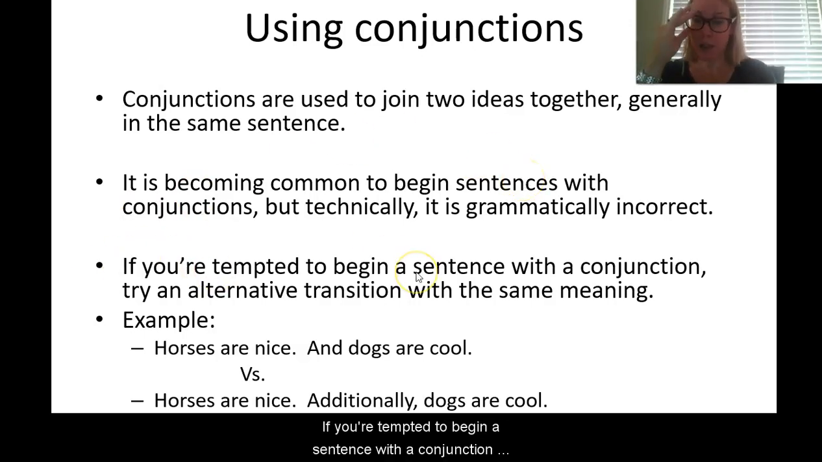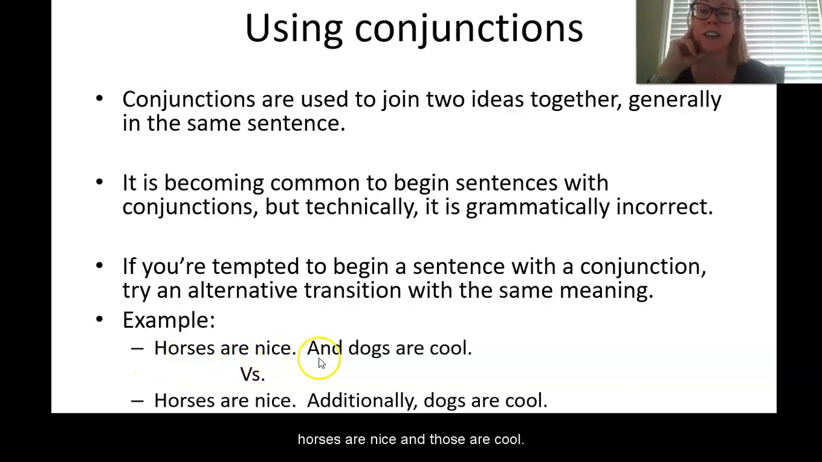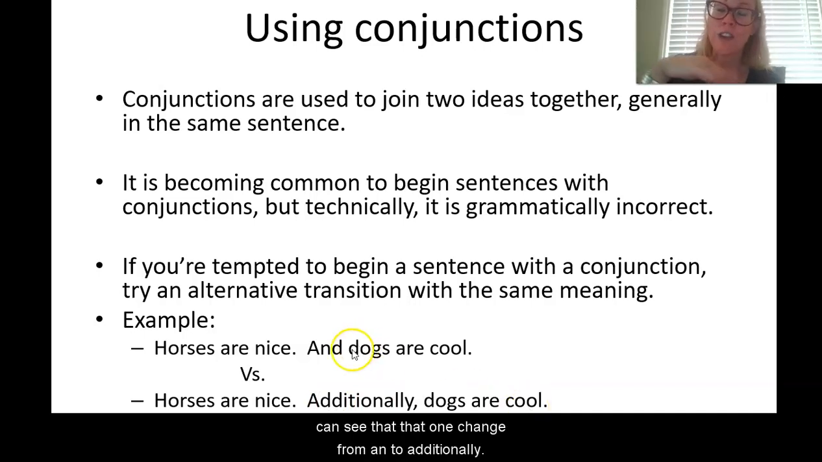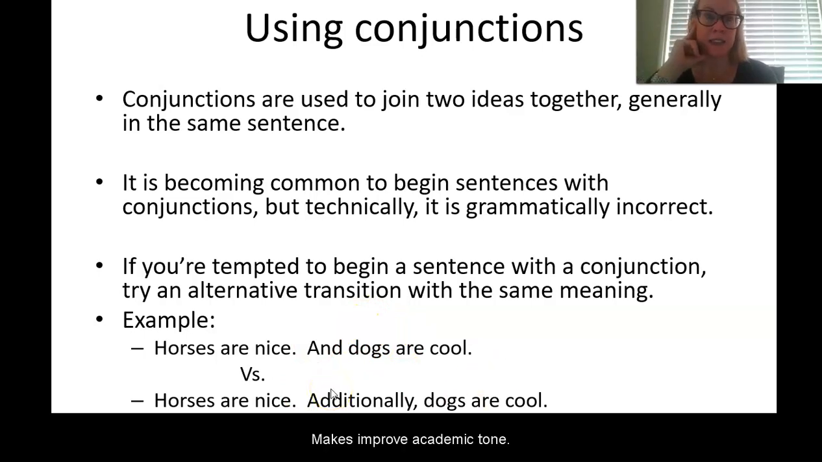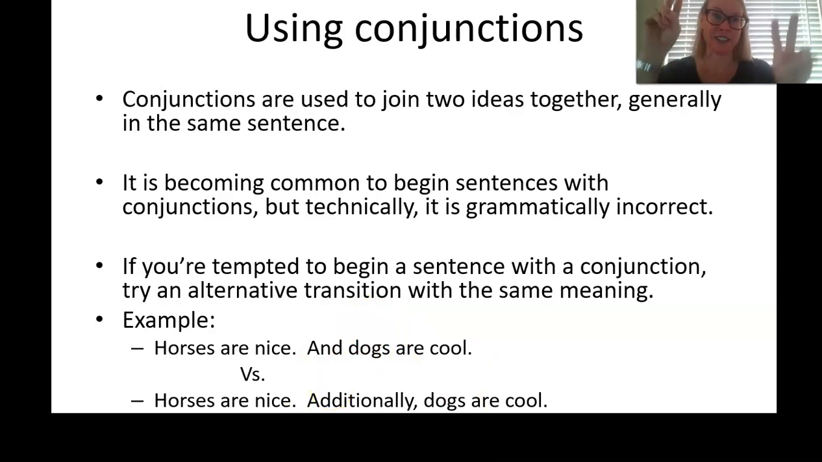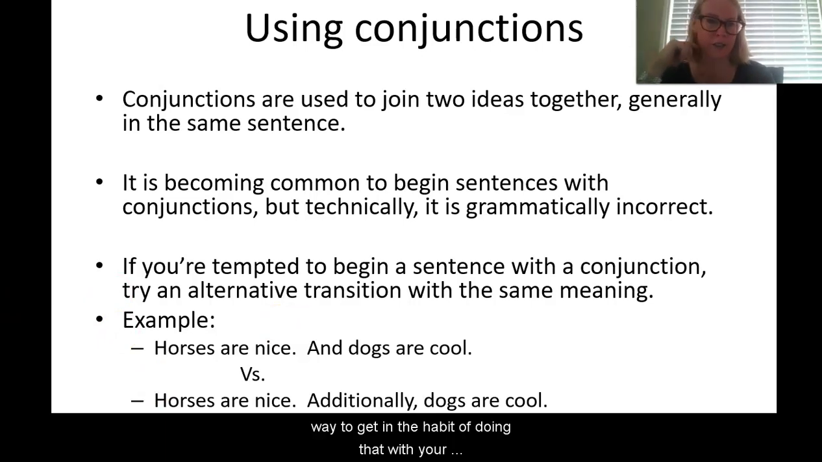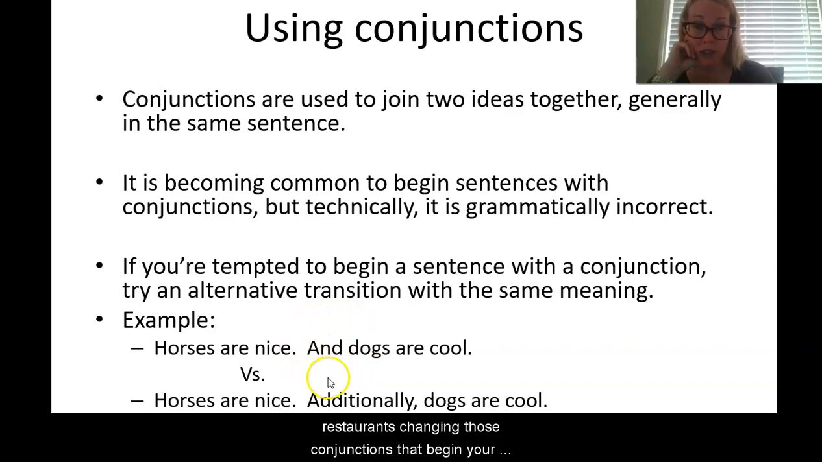If you're tempted to begin a sentence with a conjunction, try an alternative transition with the same meaning. Here's an example. Horses are nice and dogs are cool, versus horses are nice, additionally, dogs are cool. You can see that one change from and to additionally improves academic tone. It just sounds smarter, right? It's not smarter, it just sounds that way, okay? So get in the habit of doing that with your rough drafts, changing those conjunctions that begin your sentence to